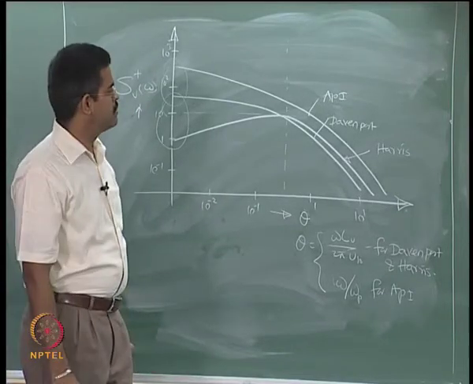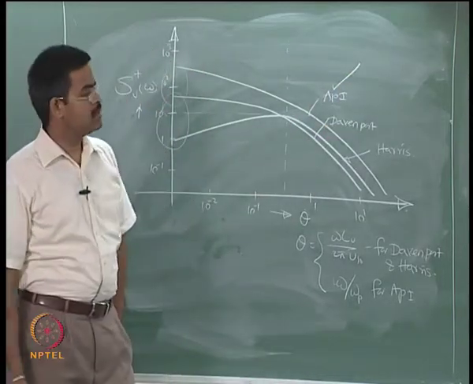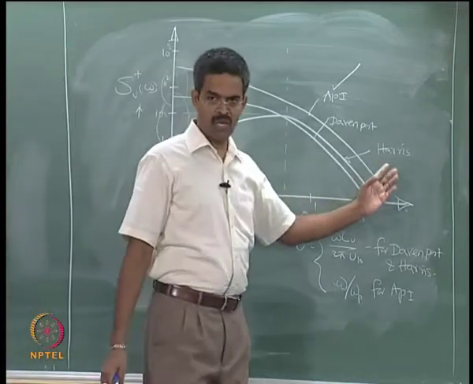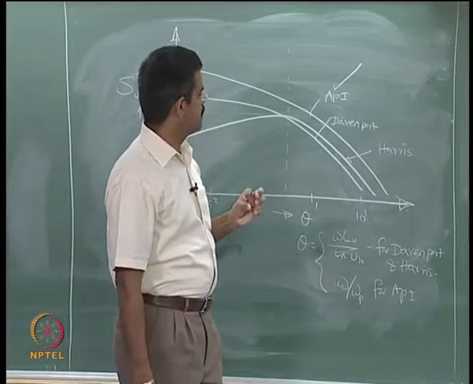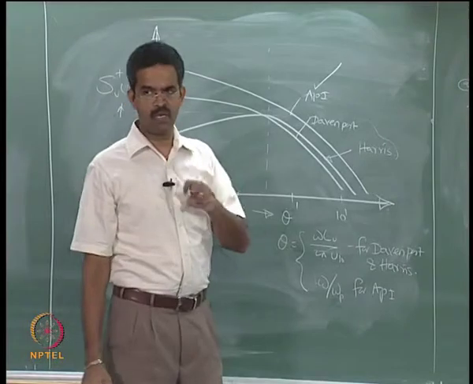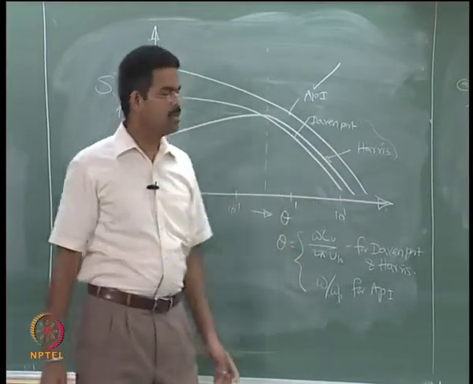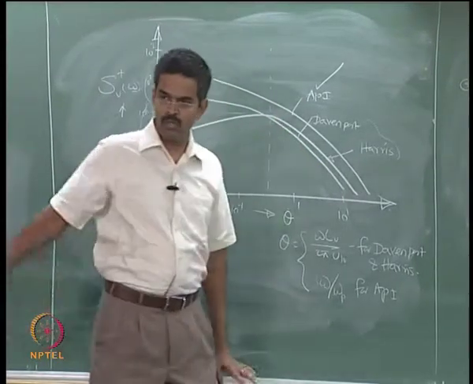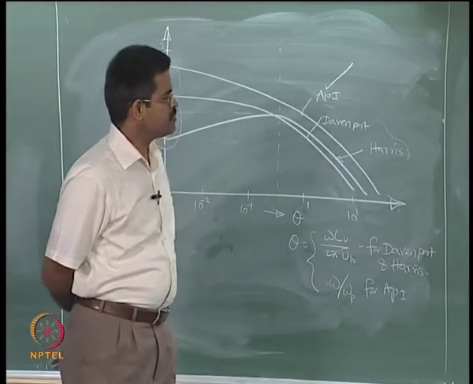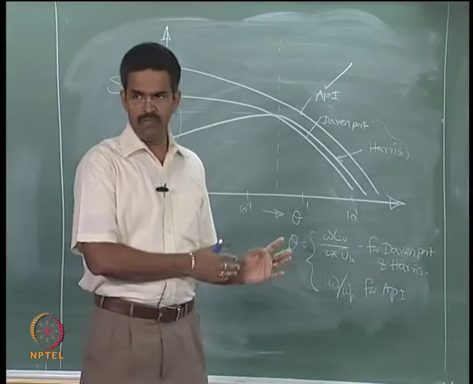So that is why people use API 2000 for flexible structures. Davenport and Harris also had a serious constraint: they were not validated using wind speed measurements done offshore, they are all based on onshore measurements. So there is a difference, and whether they can be applied offshore is an issue. This is about wind spectrums. Is this clear?